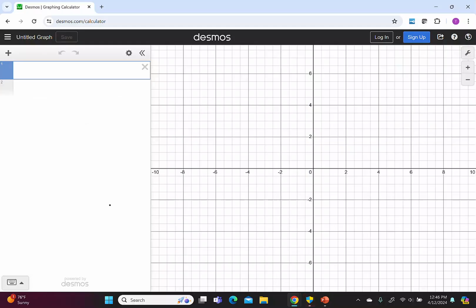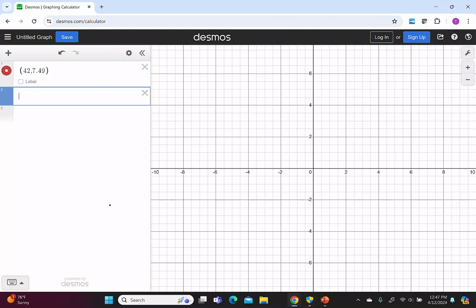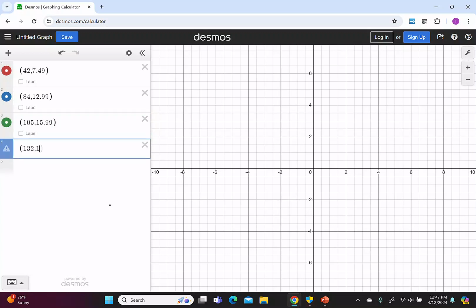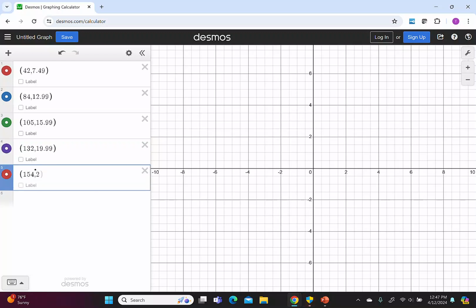I'm going to graph those points in the online graphing calculator Desmos. For Desmos to graph a point, I put in the notation just like we talked about. I put a parenthesis, 42, 7.49. Then I put another point, (84, 12.99), (105, 15.99), (132, 19.99), then (154, 21.49). Notice in each of these points, the x-coordinate represents the number of ounces and the y-coordinate represents the amount